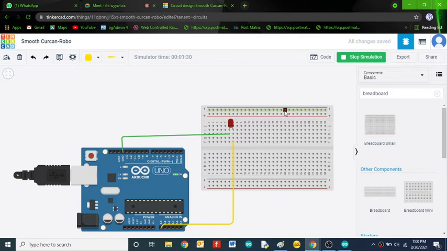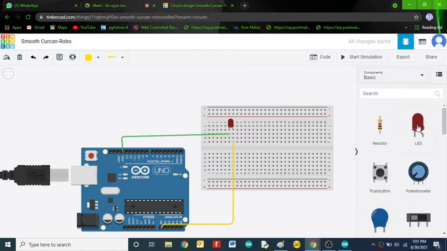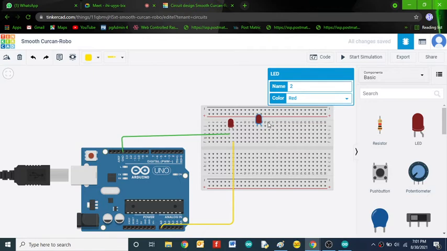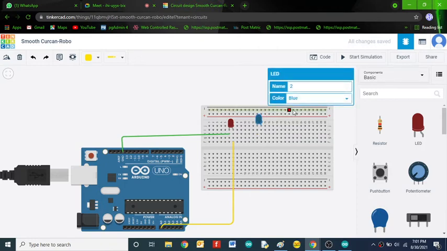Now I want to interface multiple LEDs, like say two LEDs. How are we going to do that? Similar to the single LED, I will take one more LED, called LED2. I will take it as blue, and now I will change it to yellow.